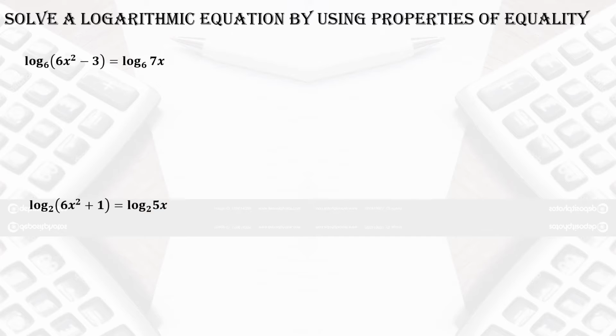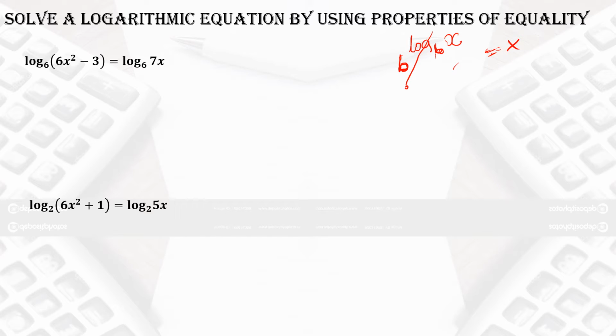Now, before solving this kind of equation, it is very important that you should be familiar with one property, that is, if base b is raised with a log base b of x. So what is important, that the base of the exponential function and the base of the log are same, then you can cancel them with each other and the answer is x.